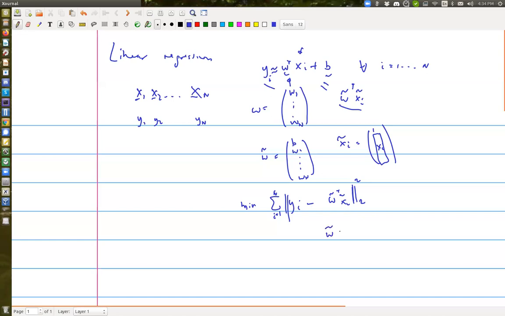Then we can show that W is actually equal to, oh, by the way, if we write this in matrix form, I have a big Y, Y1 up to Yn, and a big X, which is basically padding x1 tilde, x2 tilde, and so on, xn tilde. With this shorthand notation, I should have something like